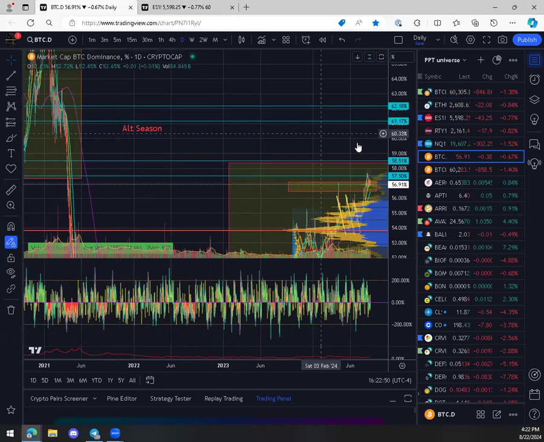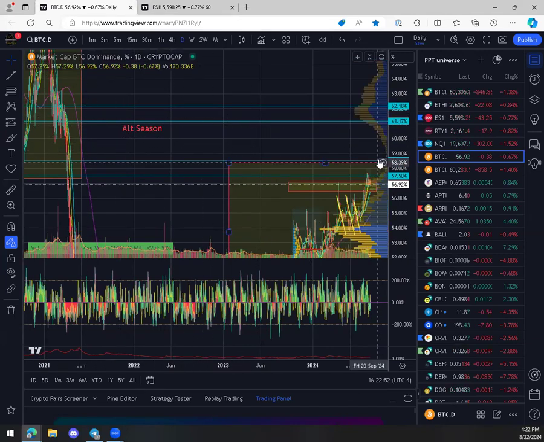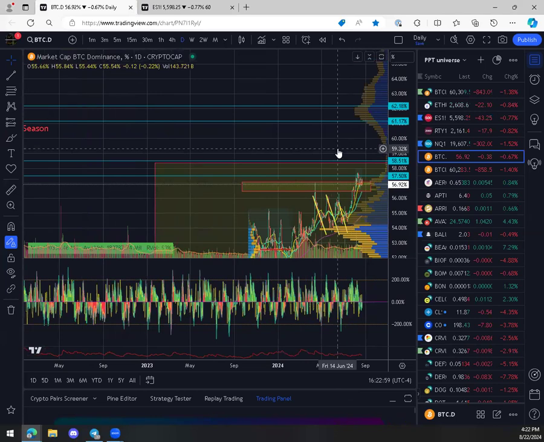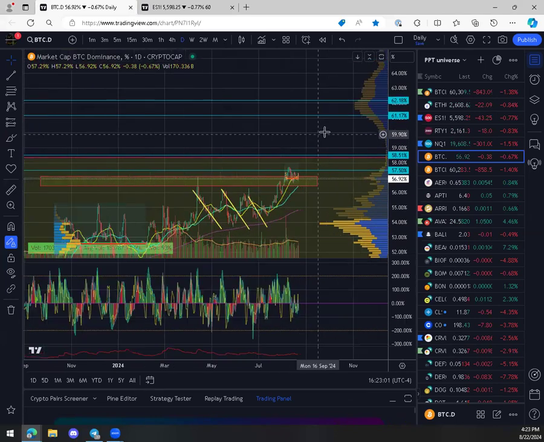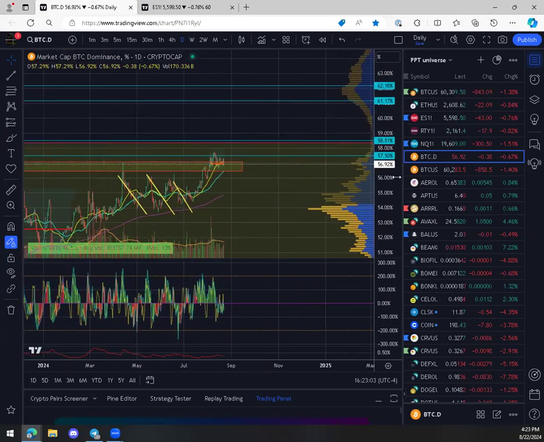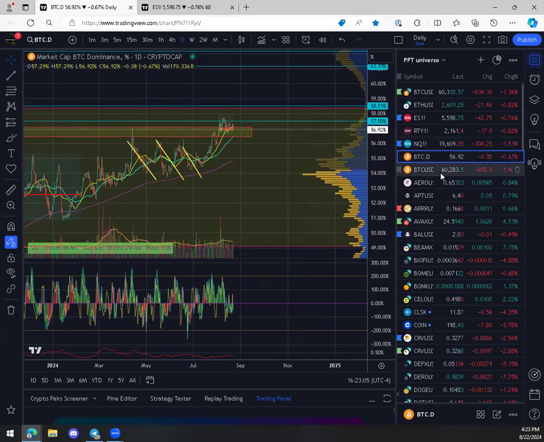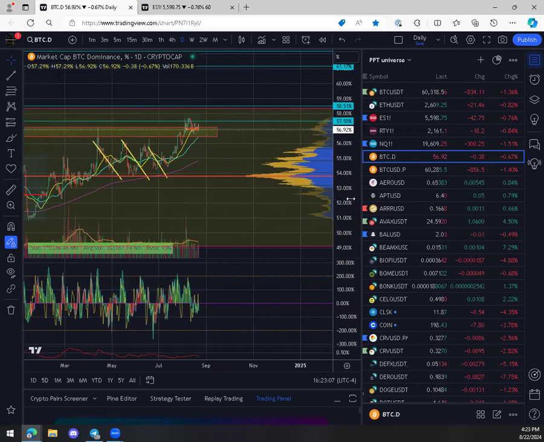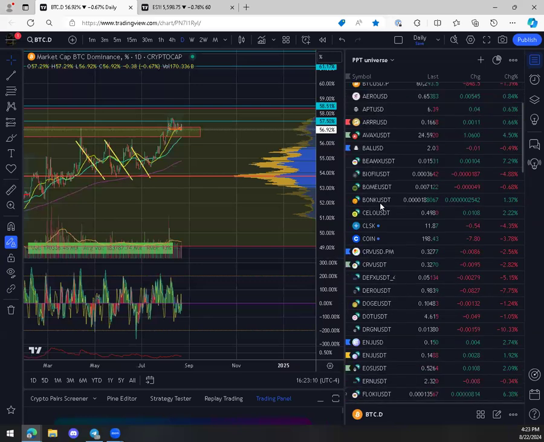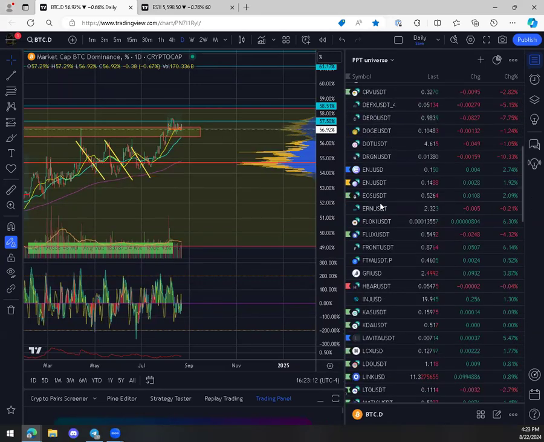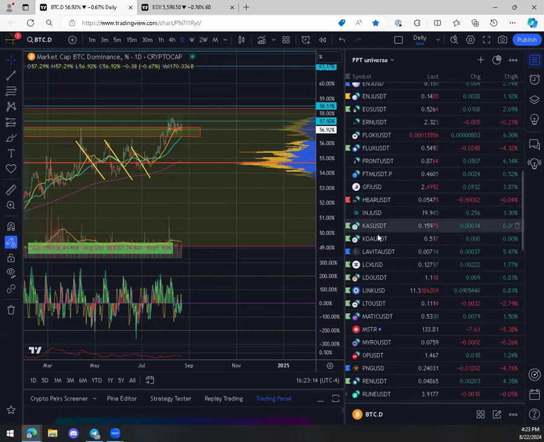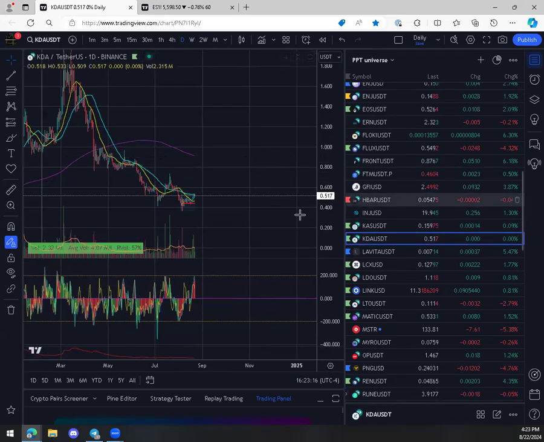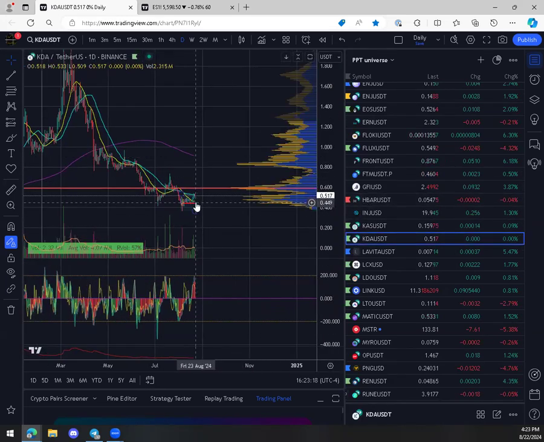I don't know how true this thesis is, but if the dominance can get to such a huge amount where it's over a fib ratio, it can actually contract, and then we can have a minor initiation of the start of an alt season. But we got a ways to go. So I'm just going to do a broad market overview now. I'm going to just look at a bunch of coins here. This went to $28 last bull run. It's at 51 cents.